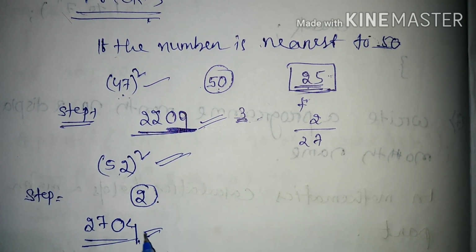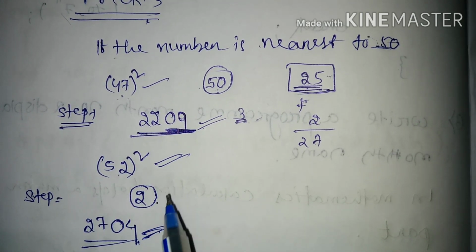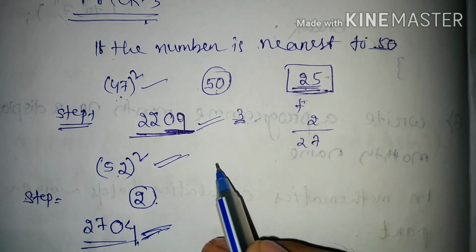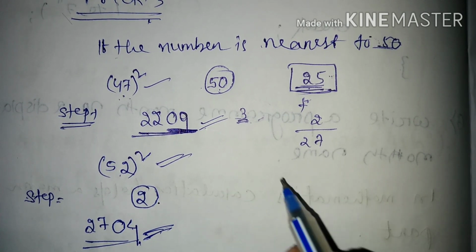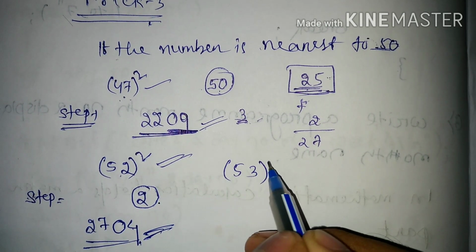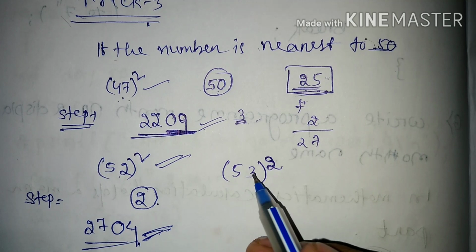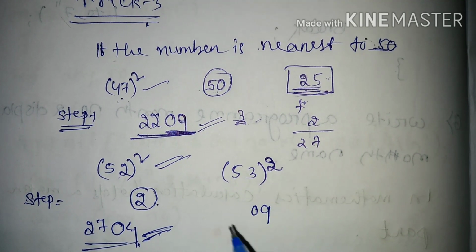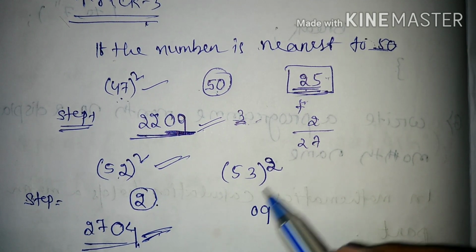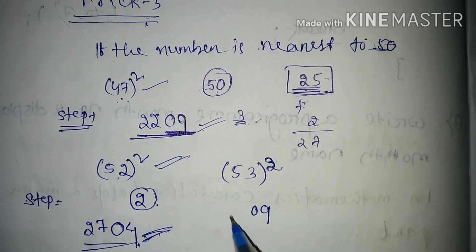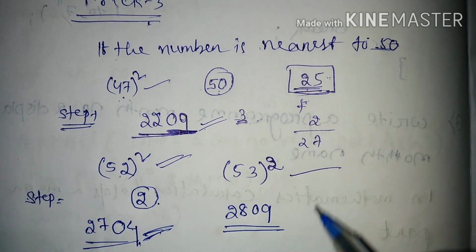Okay, then look at here, this is a very simple trick, and by this trick we can get the solution within 2 seconds if we practice. So let me do it in speed. I will take the number 53, the square of 53. How much is it greater than 50? 3. So what is 3 squared? 9. 09. Then it is greater by 3, so we add 3 to 25. We get 2809, which is the square of 53.